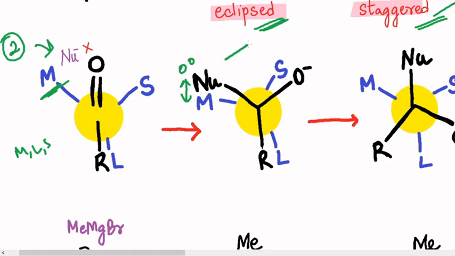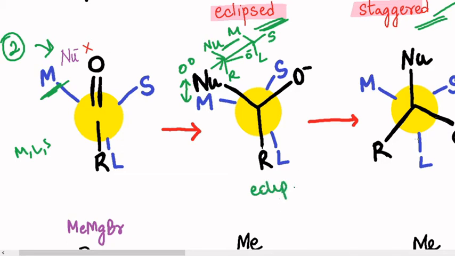Okay, as you can see, when we have a carbon atom like this, we have a nucleophile here and we have an N here, right? And this is S, this is O. Okay, Sawhorse projection, right? And this is L. So when we see from this side, we have a Newman projection like this. As you can see, the incoming nucleophile and the medium size group are on the same side. Okay, and O and S are on the same side. So this is the second pathway in which the nucleophile can attack, right? So we have an eclipsed conformation again,